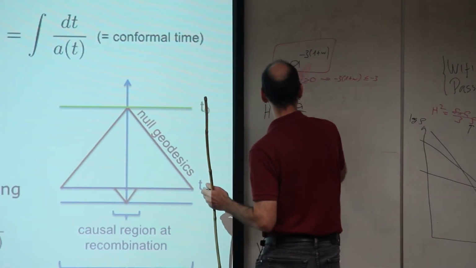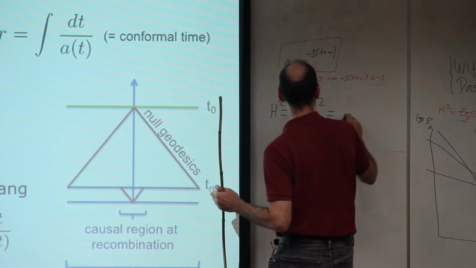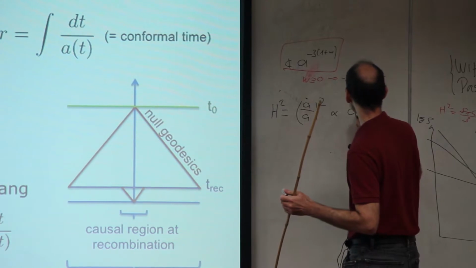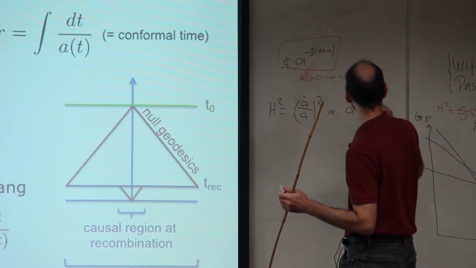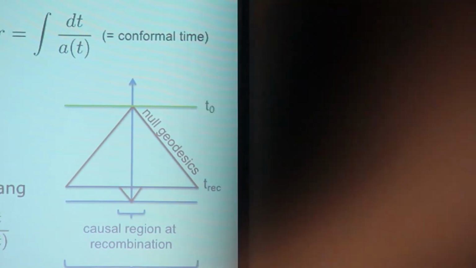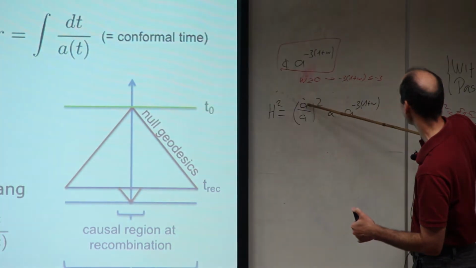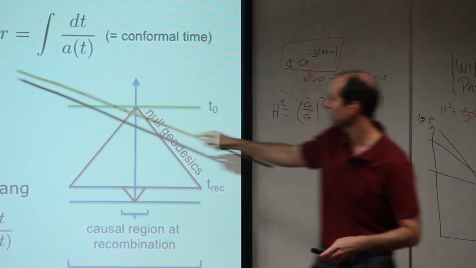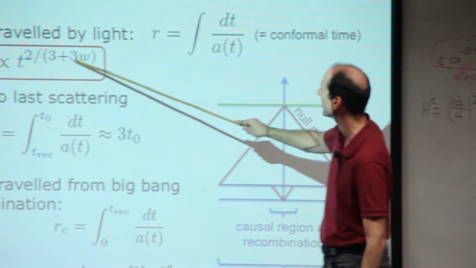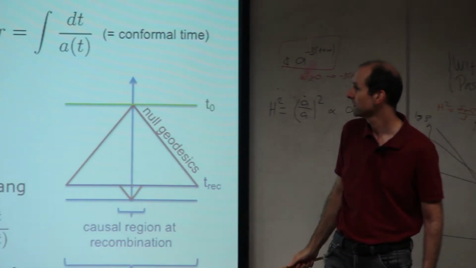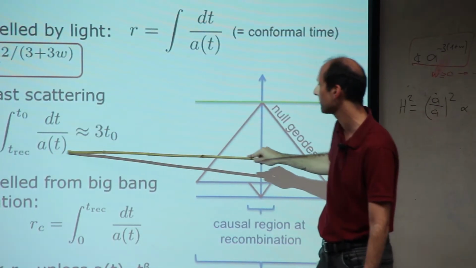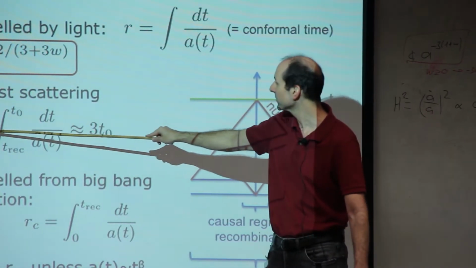And so you go to the Friedmann equation. Proportional to rho, and rho goes like a to the minus 3 times 1 plus w. Okay, and then you have now a differential equation for it. So you have dA by dt, and so you solve this differential equation, and you find that a of t goes like t to the 2 divided by 3 times 1 plus w. Okay? And then if you calculate this for matter domination, for example, just for simplicity, you find that the distance